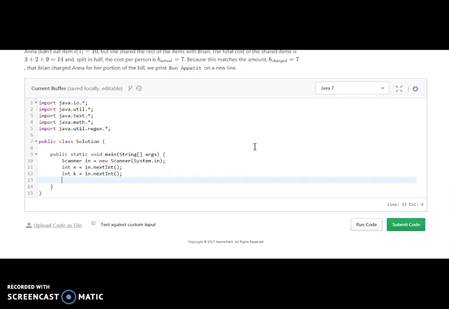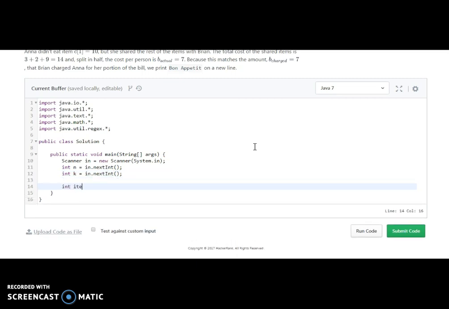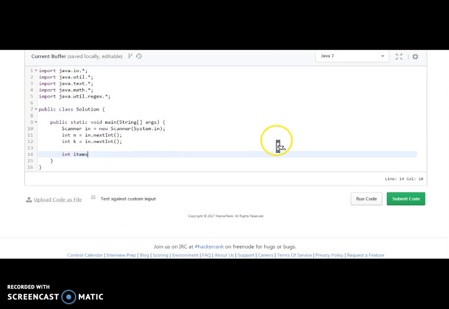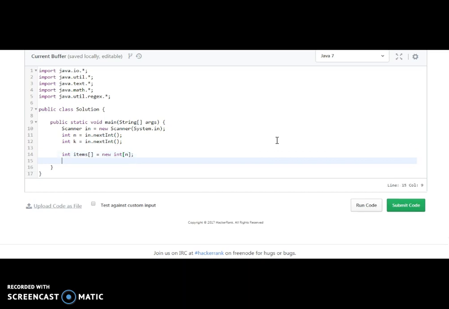Now all the items we need to count. So we will take n into an array, new int of n, where n is the size, the number of all the items, and Anna's total bill we are initializing with 0.